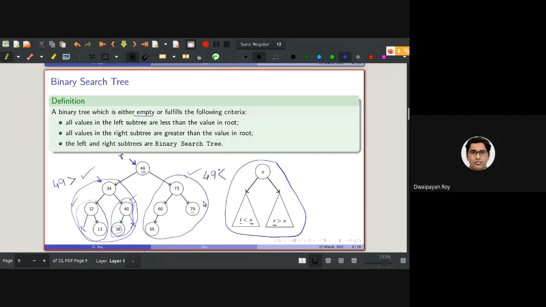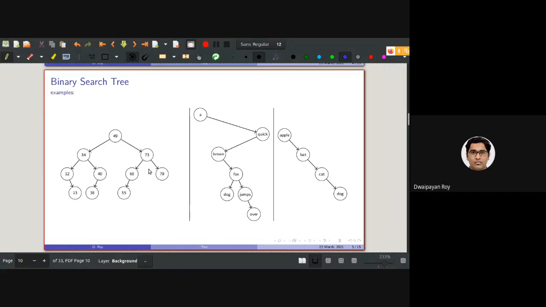All right. So here I have considered integer as the data type. We can of course have other data types as well. Here it is the same tree, and here I am storing, as you can see, strings.